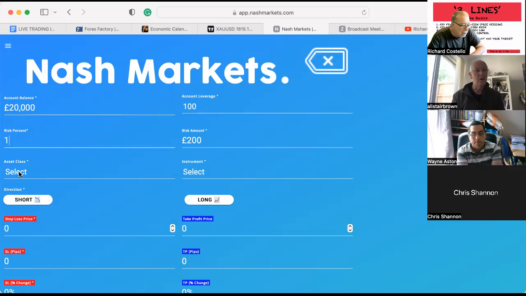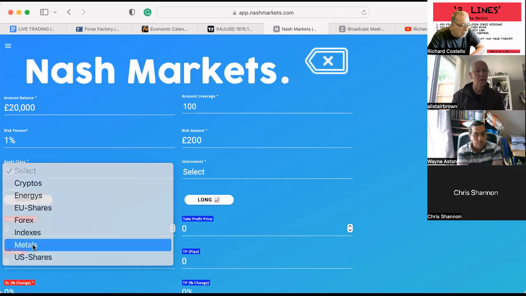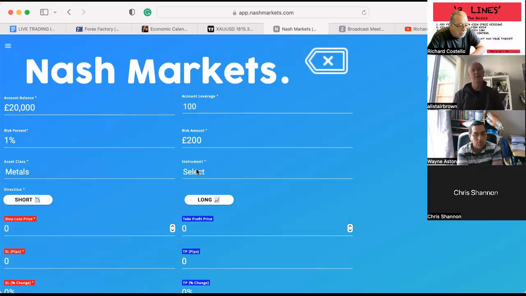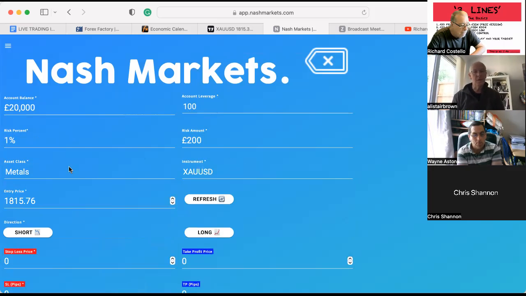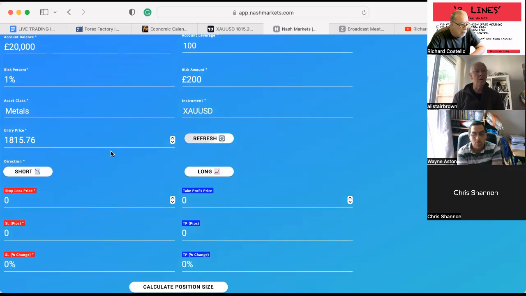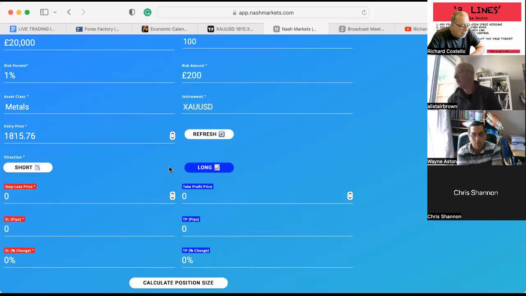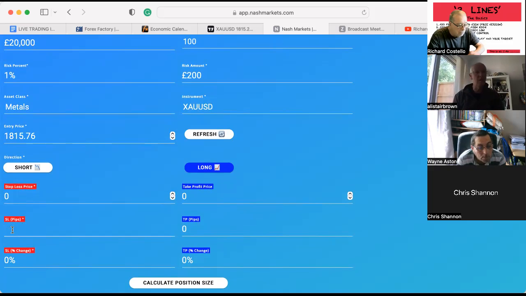If I go to asset class and I choose metals, because I'm trading gold, I then select which metal and it goes in there. You can refresh the entry price, but that's giving me the current price from the data feed. If I'm going for a buy, I click on long, and I can either put my stop loss price or I can put my stop loss in pips. So if I'm going for 10 pips stop loss, and let's say I'm going for 20 pips take profit,